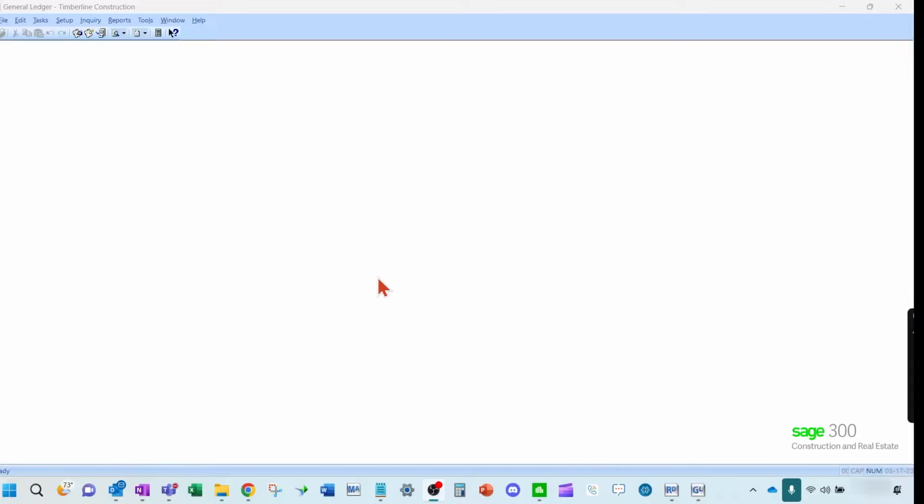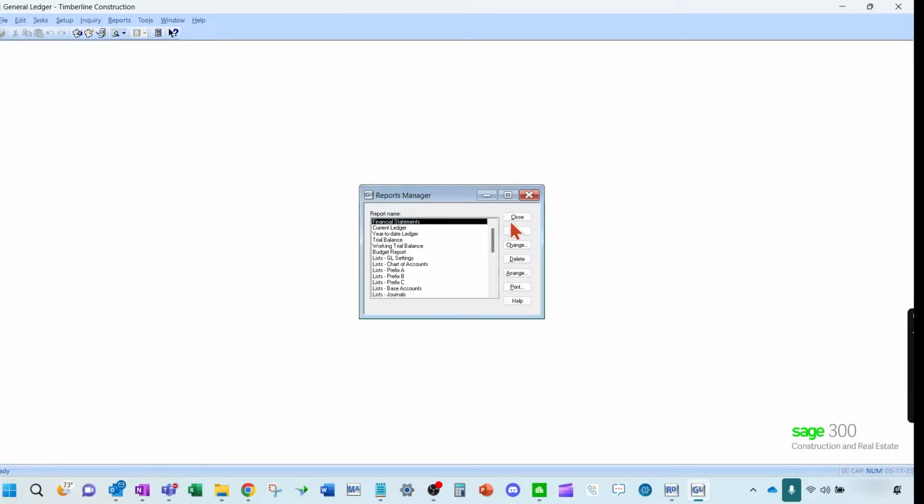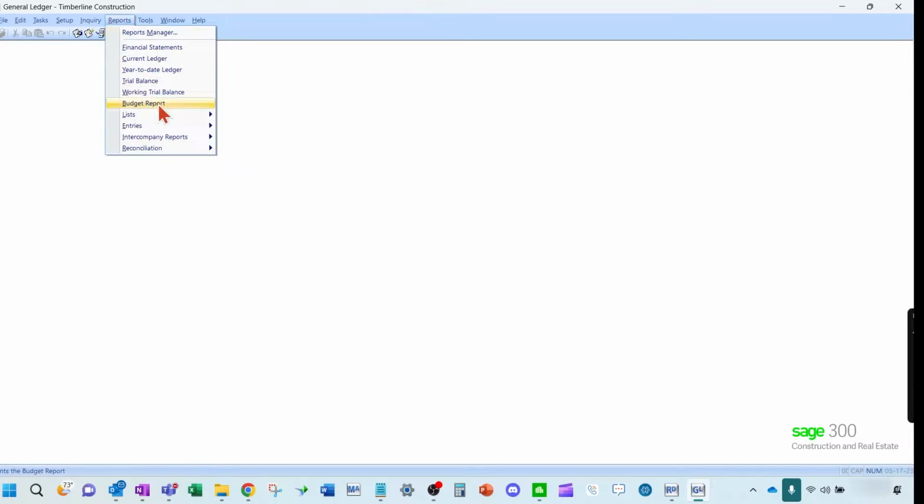So first thing we're going to cover is how to get to and find the report you want to adjust. In each module, there is a report manager menu right here that manages your reports. You can add different reports that have been built with Report Designer into these menus. With the report manager, you can create the menu, and then you can create where you want this specific report in which menu. Just a quick tidbit there.